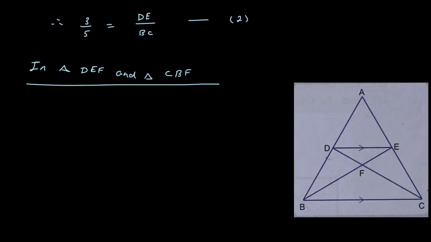Easily you can understand that this angle and this angle are going to be equal, so their position should be fixed. So D and C are at the first position. Why are they equal? Because they are alternate angles. In the same way, this angle and this angle are also equal. So when I write E at the second position, B should be at the second position. Therefore I have rewritten this.